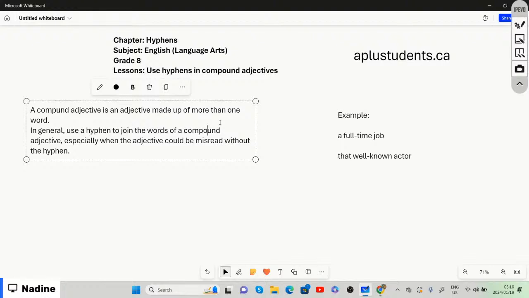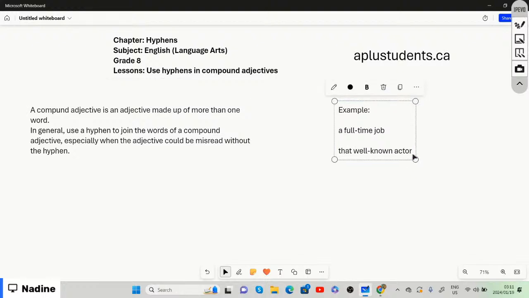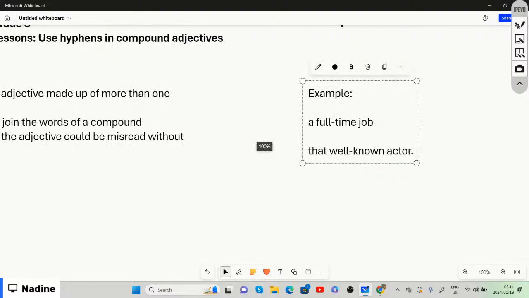If we look at a few more examples of compound adjectives, where the hyphen joins the words of a compound adjective, we have a full-time job, that well-known actor,